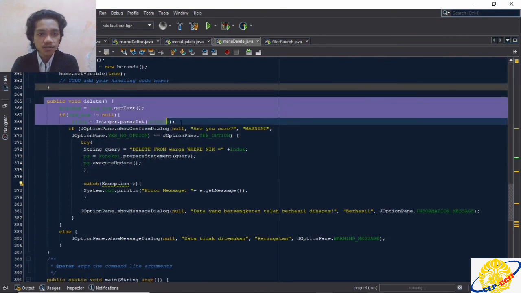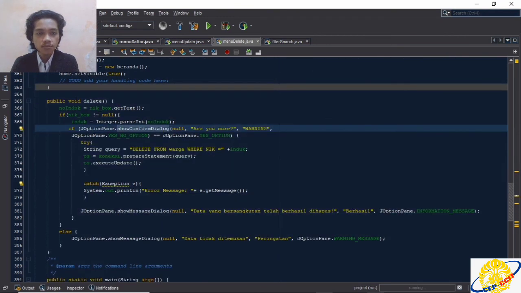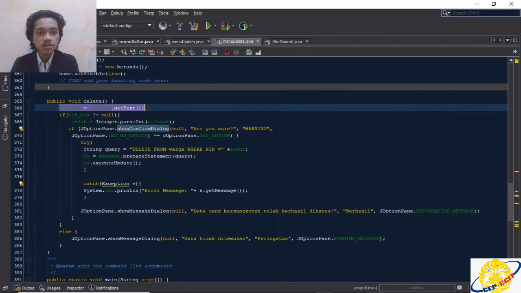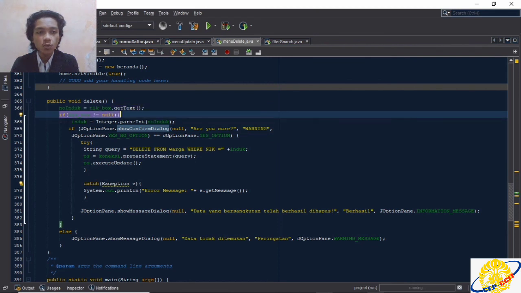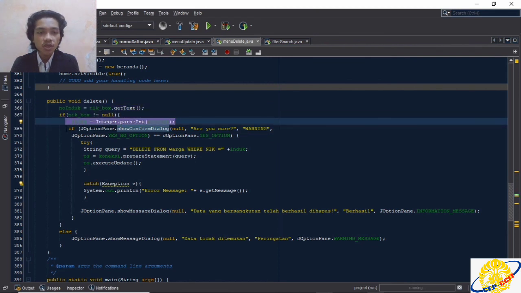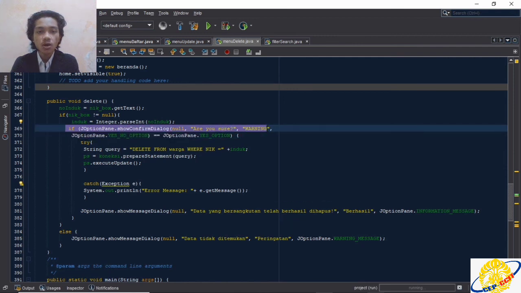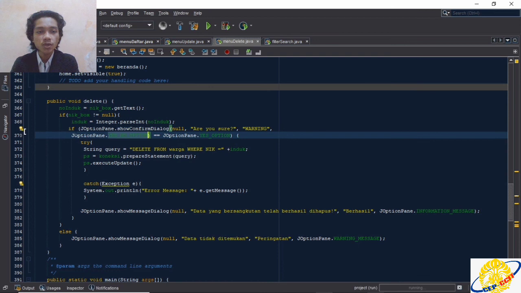Here is the function. It's about the same. We find the number first. Make sure the box is not null. We parse it to an integer. We use in here, we make sure the user wants to delete the data. So we are using this show confirm dialog: are you sure? Warning message. If the user puts yes, then